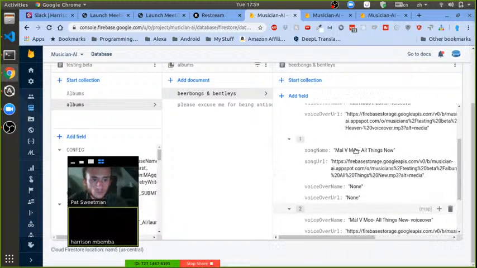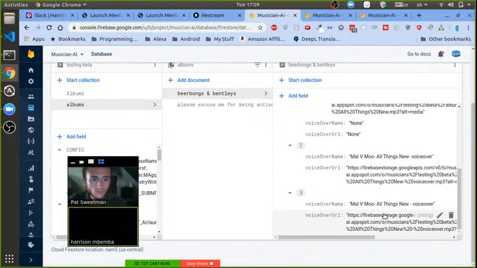And this final one, that's what I warned you about with the space. If you put a space and then a dash rather than just the dash, it's not going to read that as a voiceover. So it needs to be the song name plus a dash space voiceover.